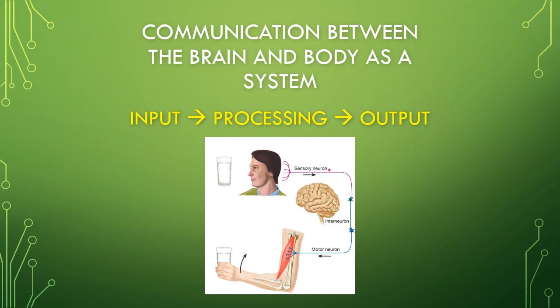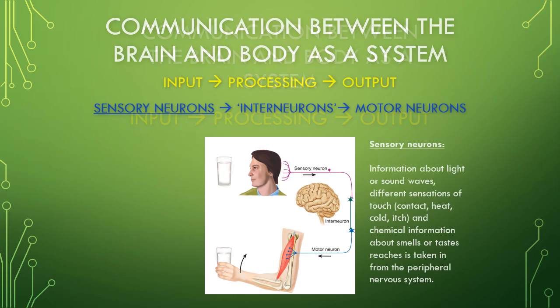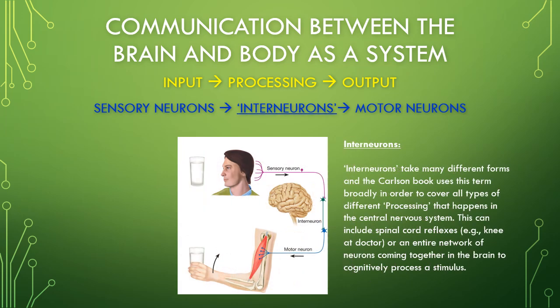So if we start to think about the entire nervous system as one of these systems, then the inputs tend to come from things like sensory neurons, where we get information about the brightness of a light, or sound waves, or how hot or cold something is, and all kinds of things like that. And then what happens in the middle, which sometimes at the level of the spinal cord can be at a single neuron, or within the brain, this could be entire series of